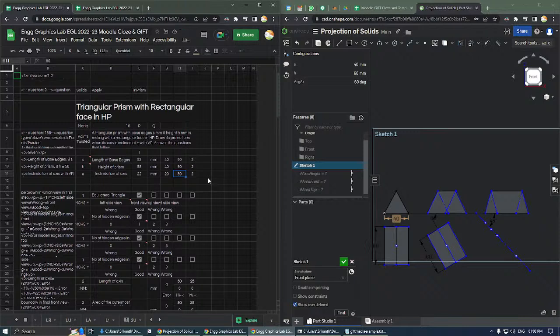Base edges need to be small, so let's keep the maximum. And height is really more, so let's take